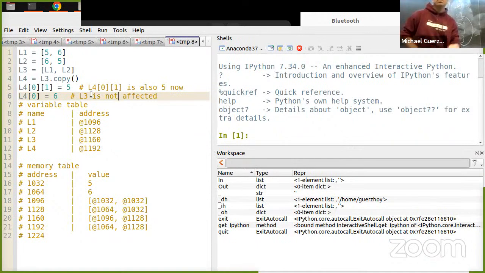When you do L4 equals L3 copy, why doesn't it create a copy of the lists within L3 as well? Well, because that's what .copy does, it creates a shallow copy. So why